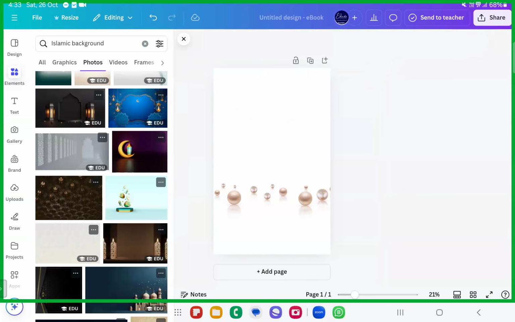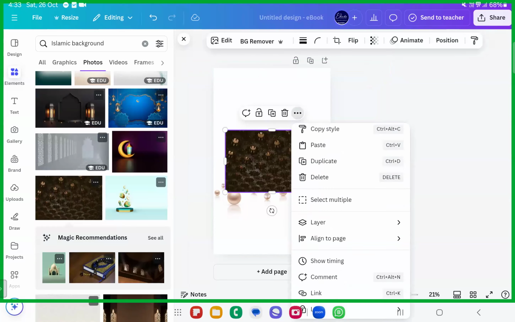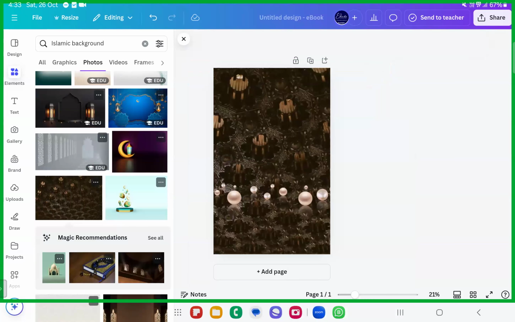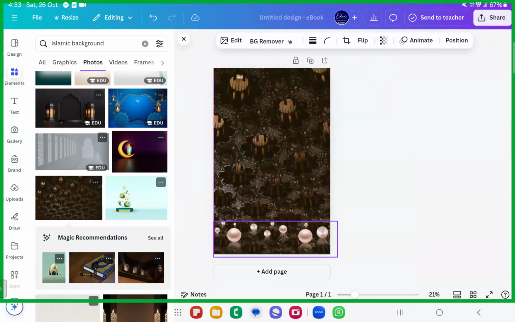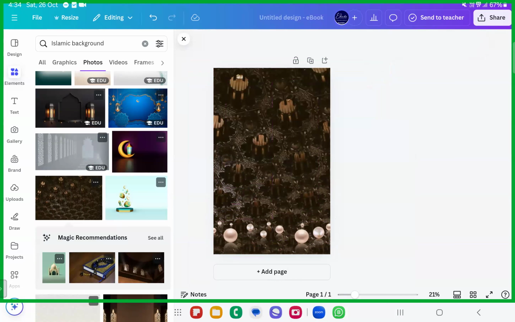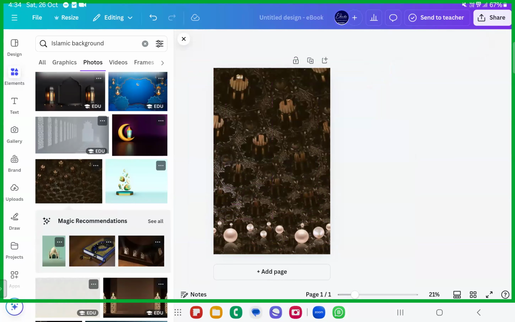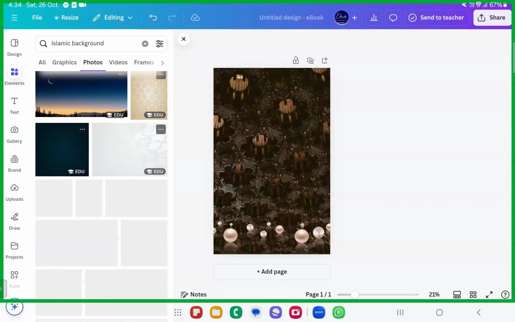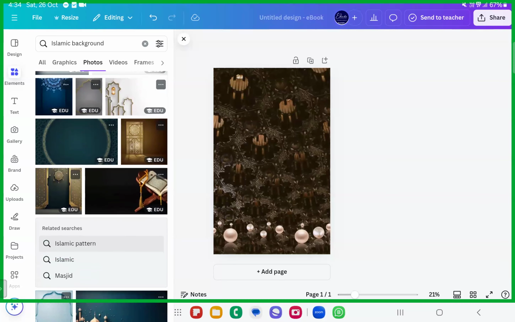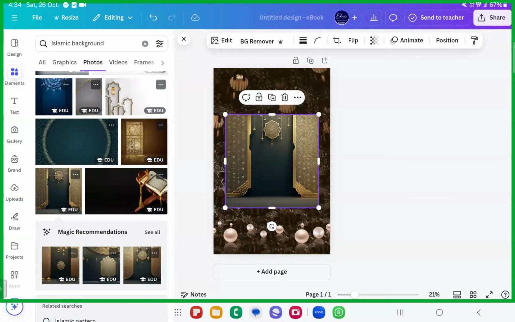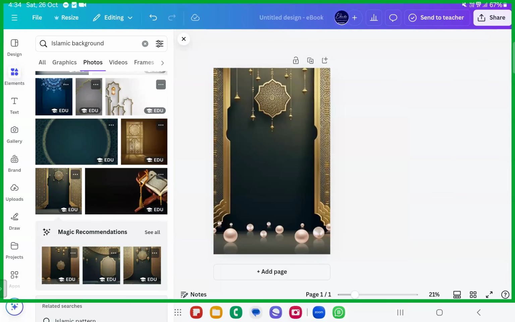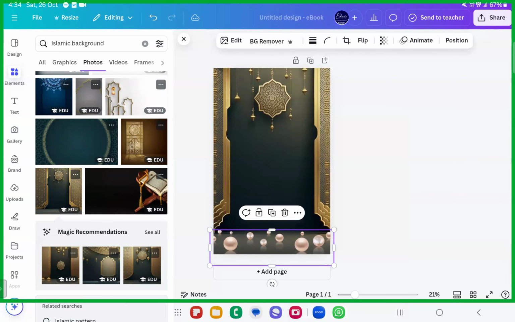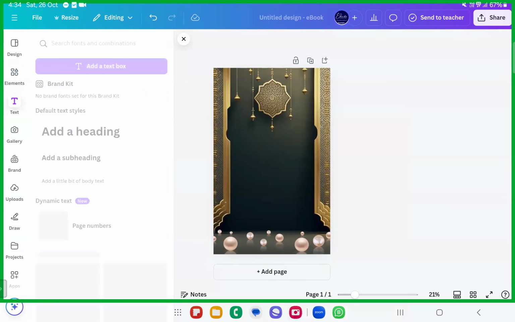Also, whatever you feel goes well with the book name, we can go ahead with that. Pearls are added here. I can just write Pearls of Wisdom. Or if you want, you can take the Quran there. Quranic background also is preferable, but make sure you have it done very beautifully. Replace the background. Okay, pearls are lying here. This is better.